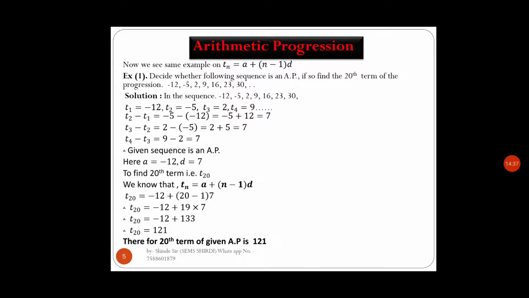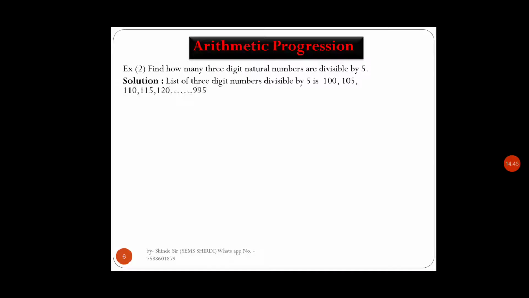Now we see the next example. Example number second: find how many 3-digit natural numbers are divisible by 5. This is the question. Find how many 3-digit natural numbers are divisible by 5. Solution: the list of 3-digit numbers divisible by 5 is